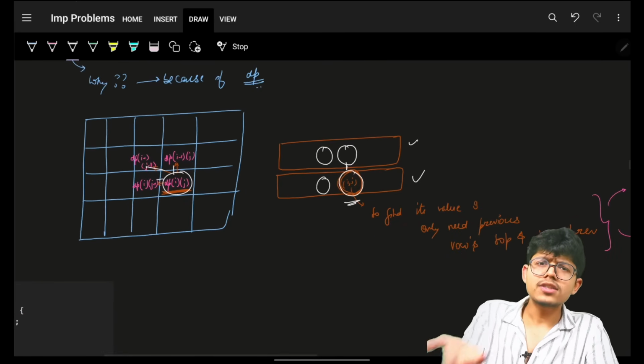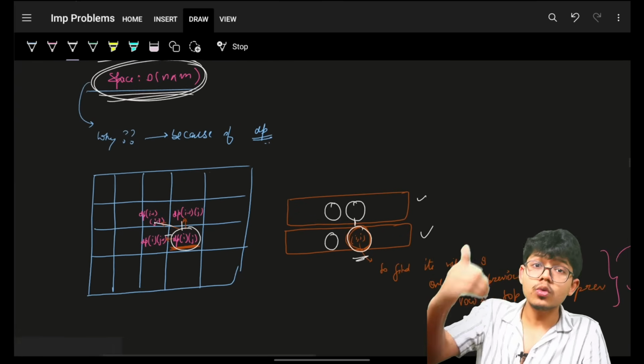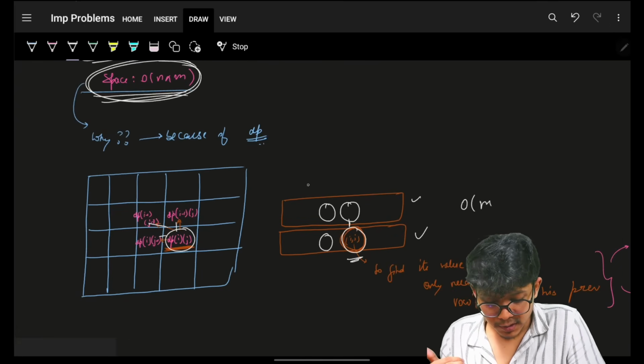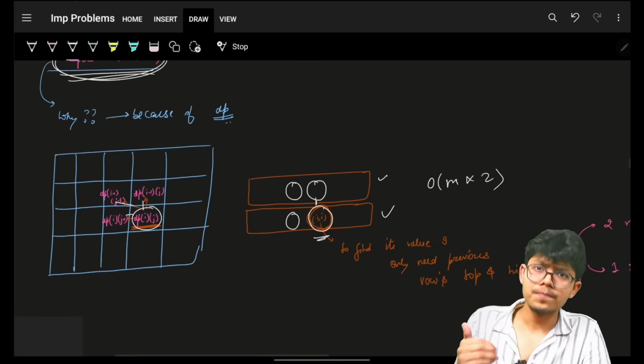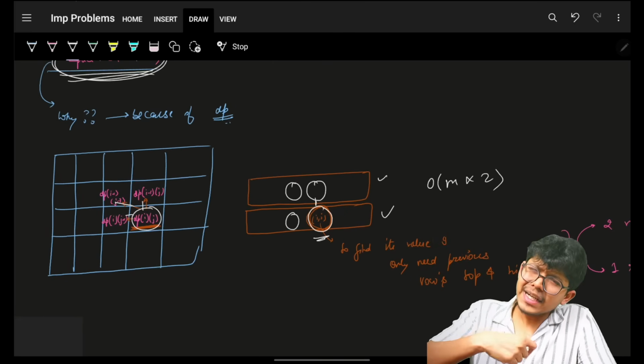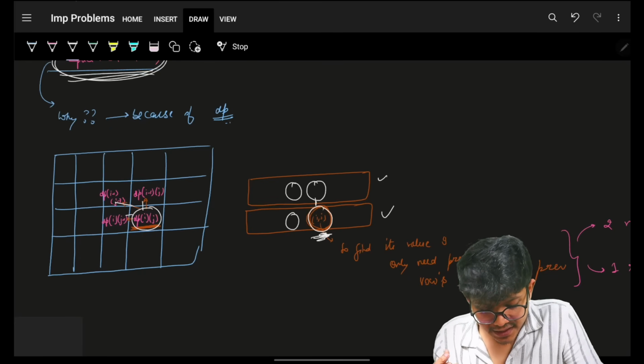So that is also fine, your space from O of n into m will actually reduce to O of m, because we have m cells and just 2 rows, so O of m into 2. Again, if you want, you can do a bit of improvisation and do it in here also, because when you are making this specific cell,